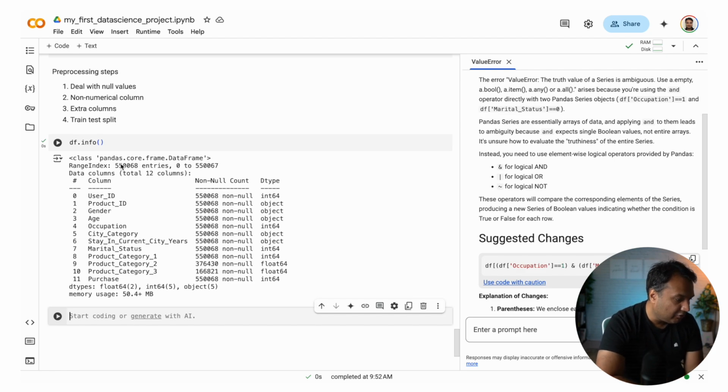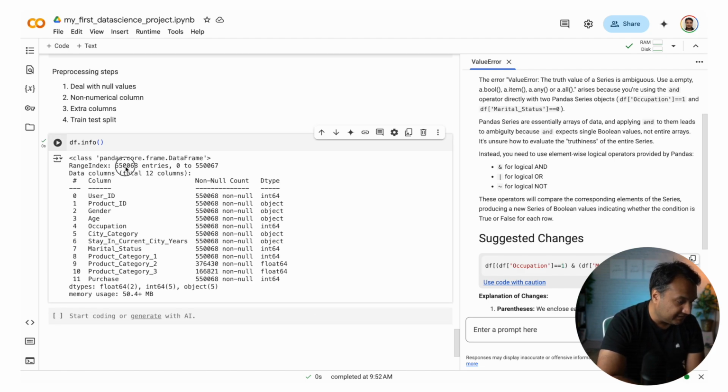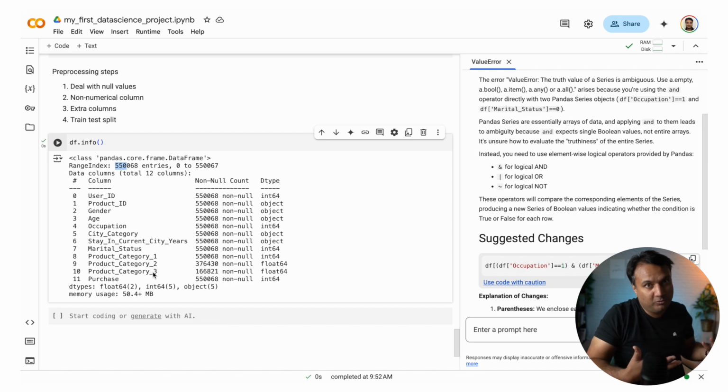So we know that in total there are 550,000 records, but when we look at the non-null count, this is the same as the total value, so it means all of them are filled. It's only category 2 and 3 which have some null values, and we know why, because sometimes a product just has category 1 and there's no category 2 and 3.